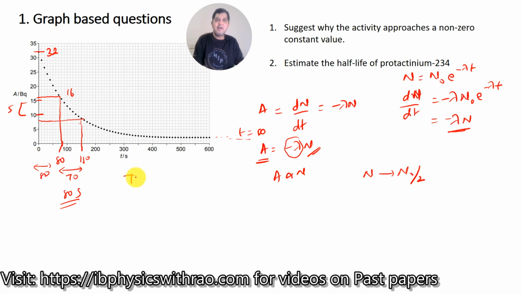Maybe you can say half-life ranges between 75 to 80 seconds. Okay, this is almost correct. Okay, you can write like this also. Right, next